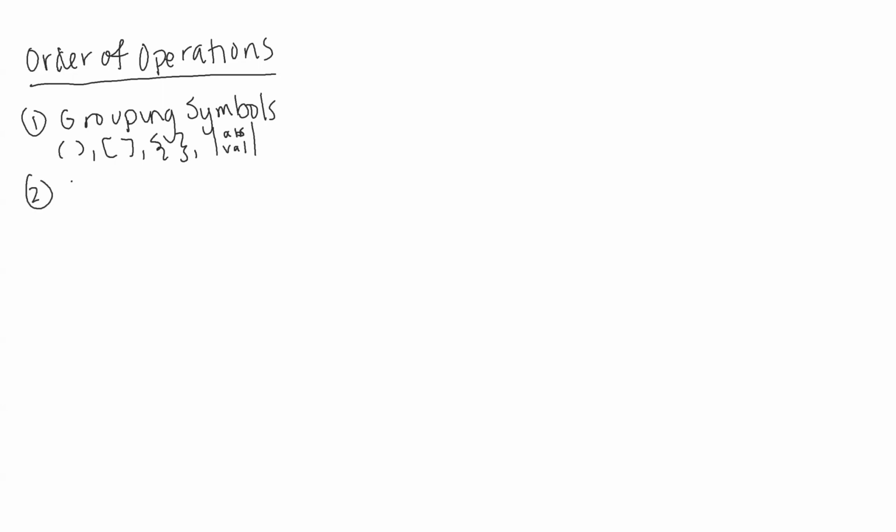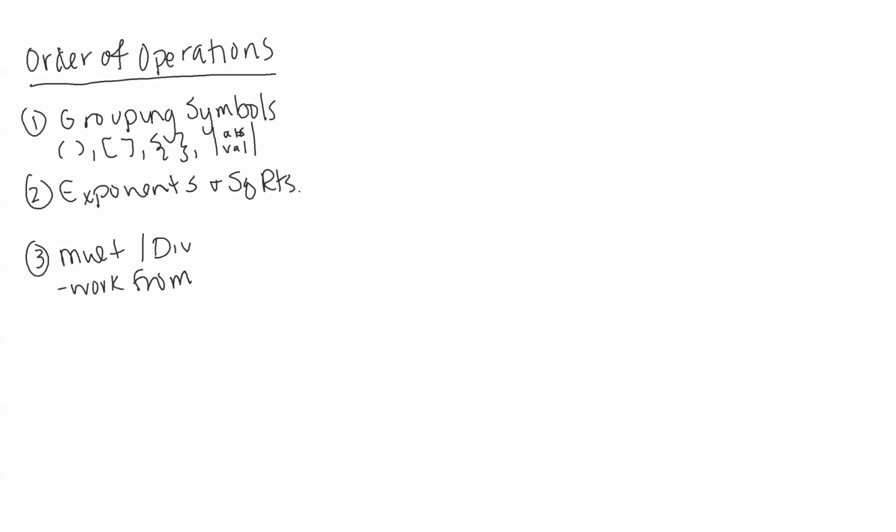Next step is exponents and square roots. You'll sometimes see the radical or the square roots in step 1, just kind of depends. You don't see them very often, period, but you could do them in either step 1 or step 2. Third step is your multiplication and division. And the only thing you really need to remember about multiplication and division is to work from left to right. And then finally, you have addition and subtraction, and it's the same as with multiplication and division. You want to work